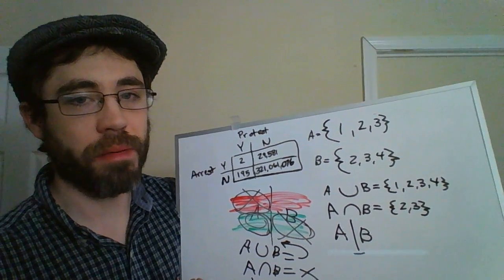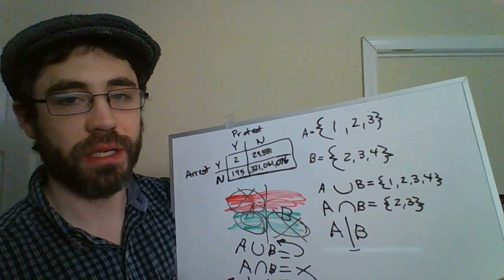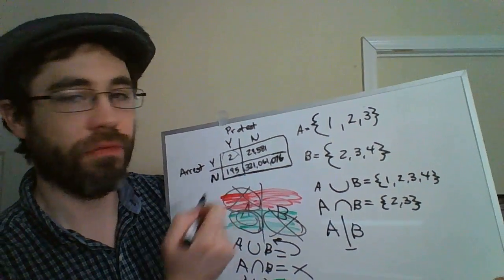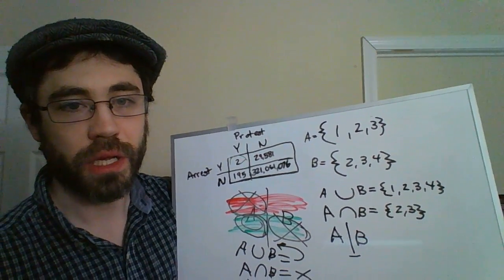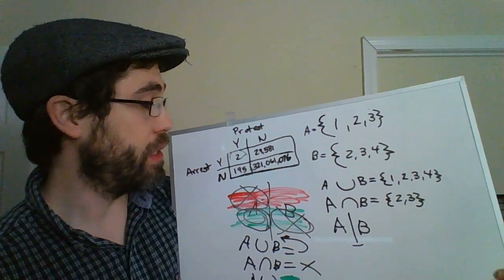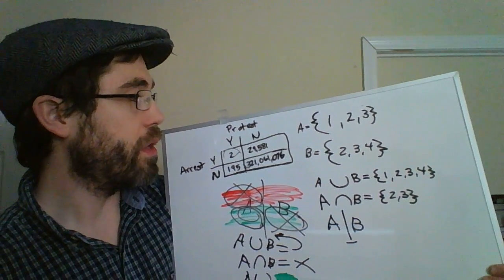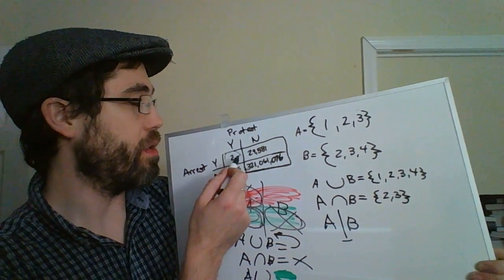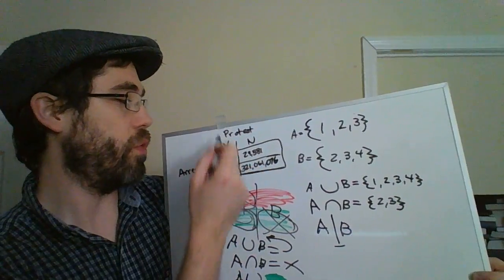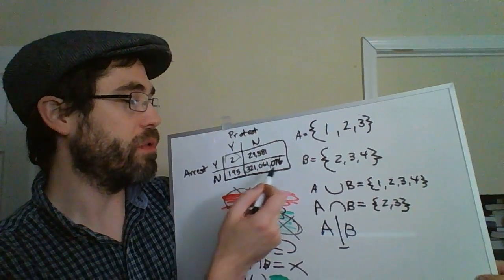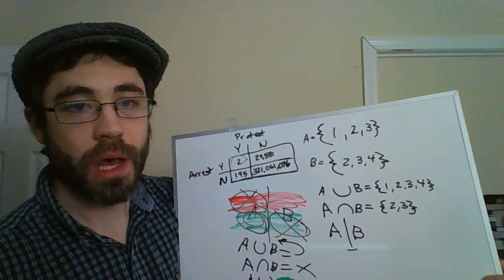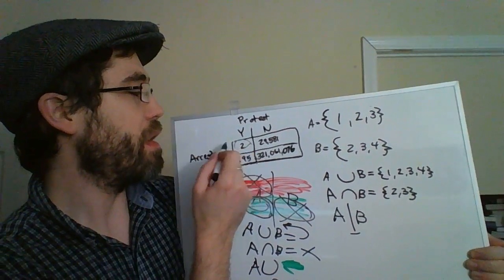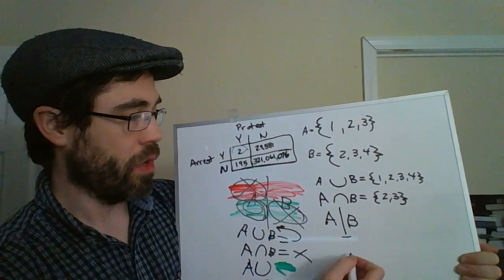We could calculate the probability of protesting and being arrested. That would be 2 out of the entire population, the sum of all 4 cells. That would be the intersection. We could calculate, there's no real reason, but we could calculate the union of, say, being arrested or protesting. So it would be everybody who's not in this great big cell. But what we're really interested in is the conditional probability of being arrested if you're protested, which would be